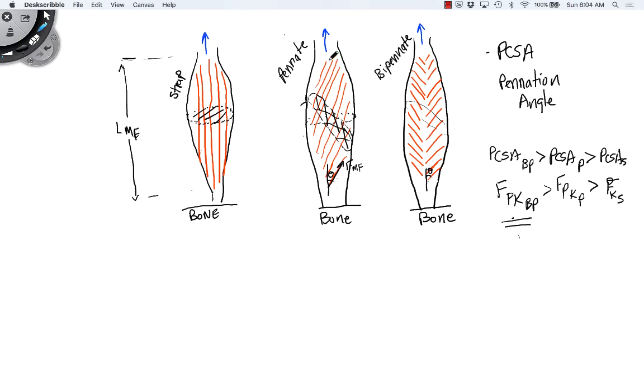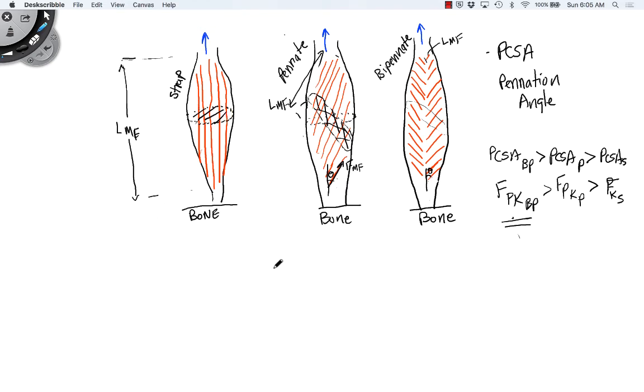Okay, and then here they're running this length. So the muscle fiber length here would be this length, and then here they're really short. They're just running from here to here, so that's the length of a muscle fiber. All right, so clearly the muscle fiber lengths are shortest for the bipinnate muscle and longest for this kind of